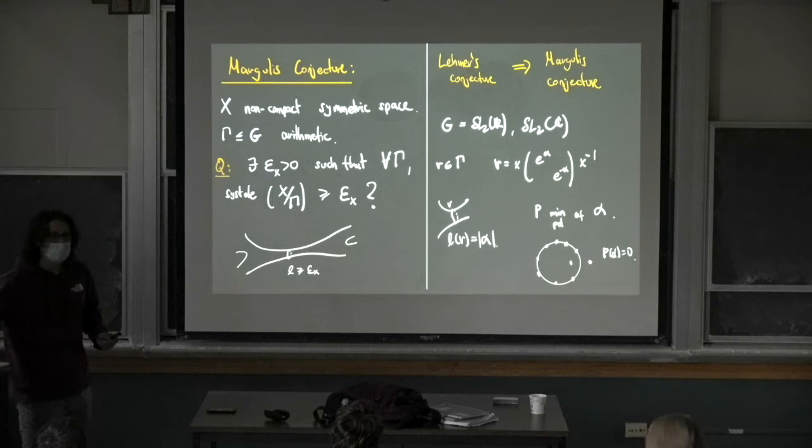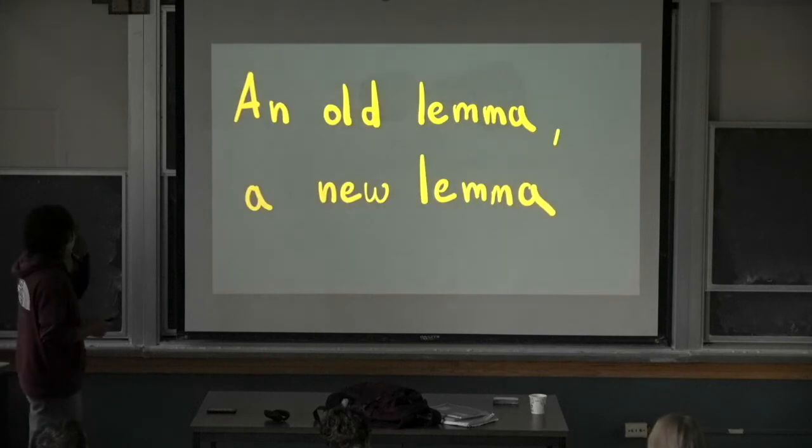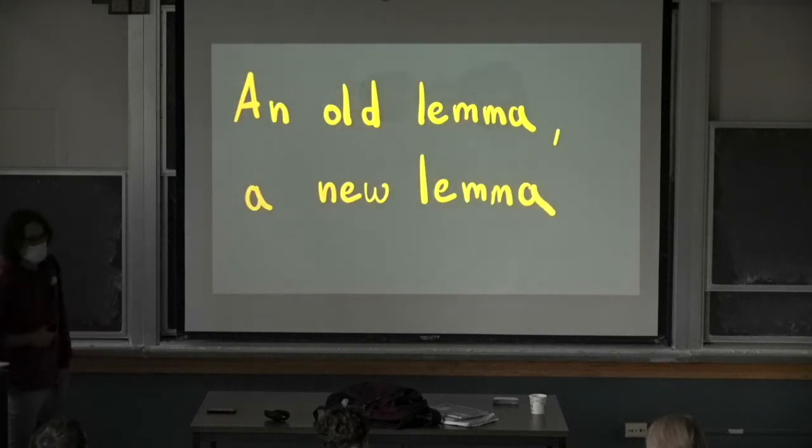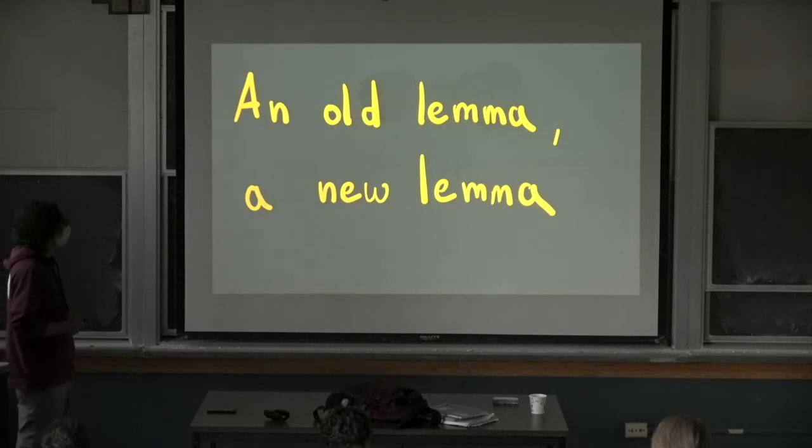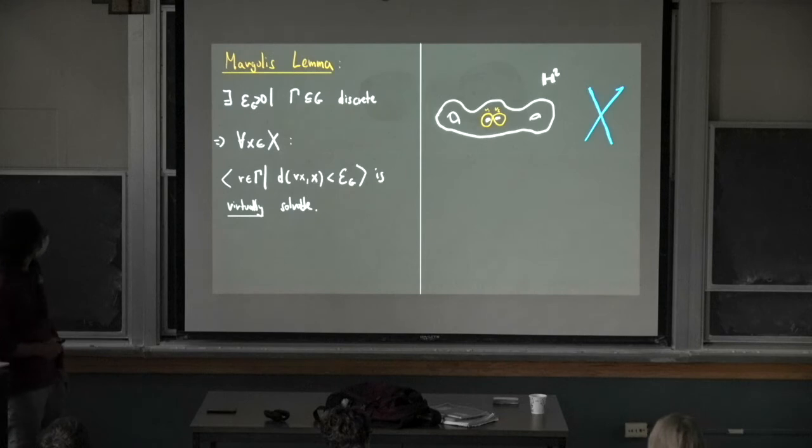Are there any questions? Yes. Okay, I'll tell you about two things: an old lemma about the geometry of these symmetric spaces, and a new lemma related to this one. So this is called the Margulis lemma. What the Margulis lemma tells us is that there are no two short curves that are close by. So the statement says that there exists some epsilon that depends only on the Lie group, such that